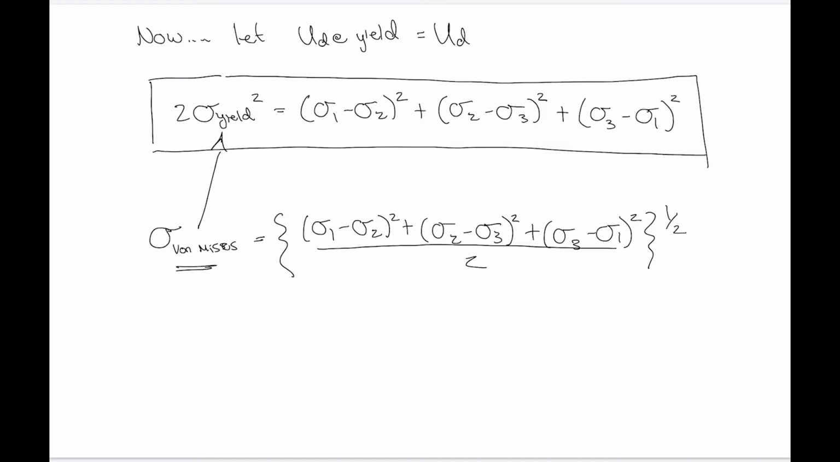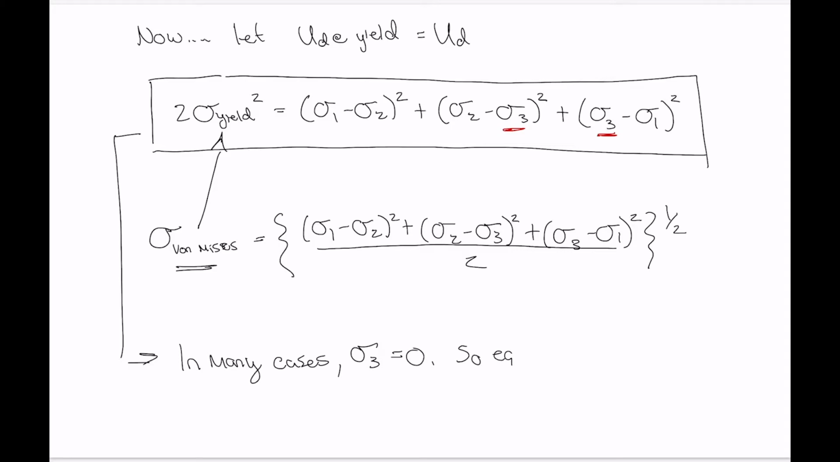Now, as it turns out, going back to our equation here for maximum distortion energy theory, in most cases the stress in that third principal direction, so our sigma 3s in here, are actually 0. So in many or most cases, sigma 3 equals 0. So the equation reduces to